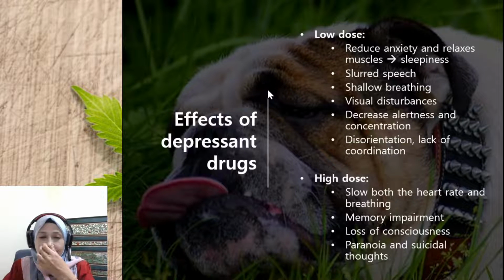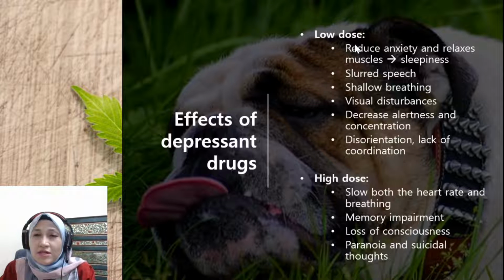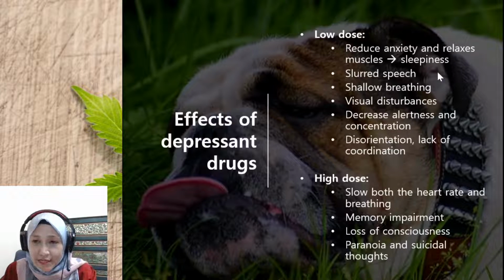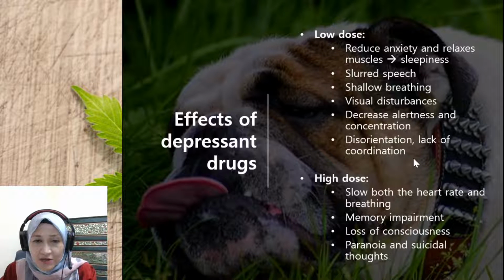So, what are the general effects of depressant drugs? Generally, we can see that it is divided into two types of effects depending on the dosage. Low dose can reduce anxiety, relax muscles, and induce sleep. And the patient can have slurred speech, shallow breathing, visual disturbances, decreased alertness and concentration, disorientation, lack of coordination. In high dose, however, it can also have